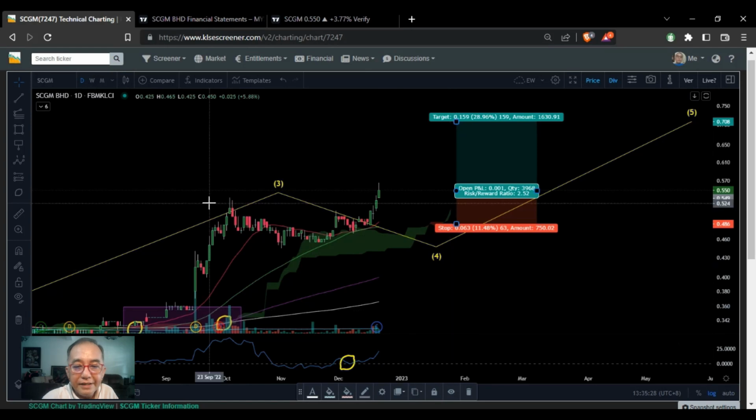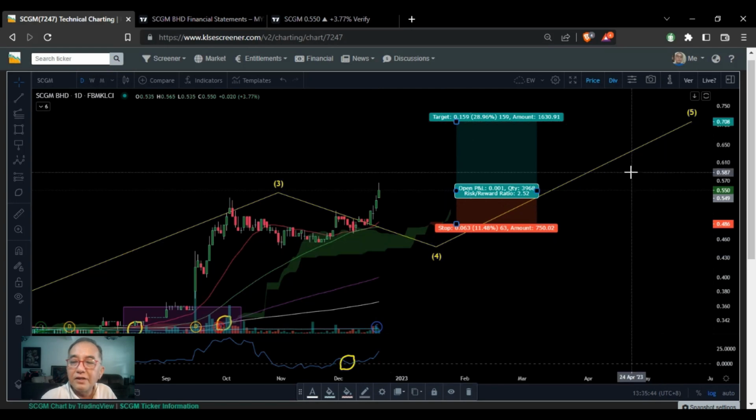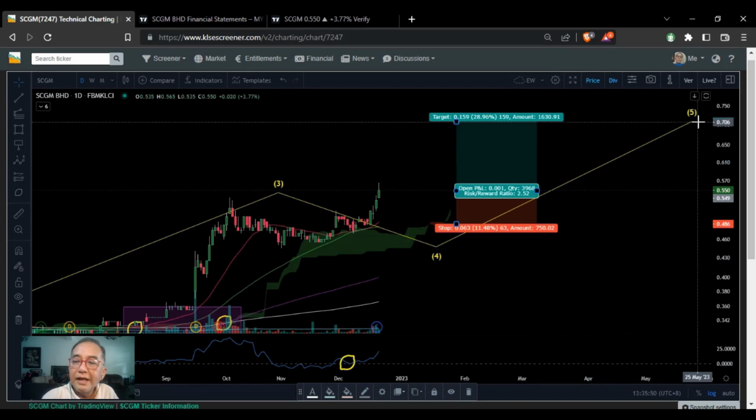In this case, there is actually a squeeze breakout over here at this candlestick. So this is basically an entry strategy called the squeeze breakout. All right. And it is riding on the wave from 4 to 5. That means it is on the final wave of Elliott wave, and it is heading towards the target at the